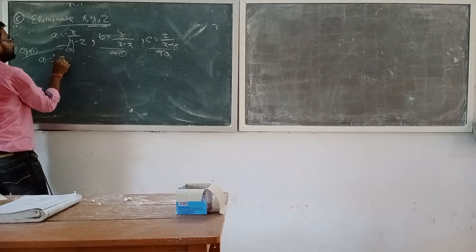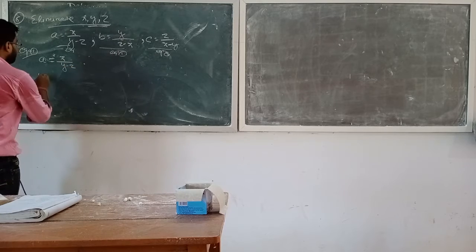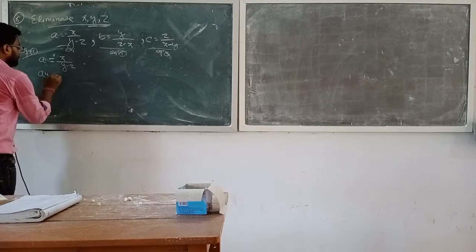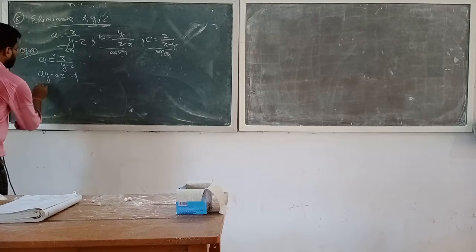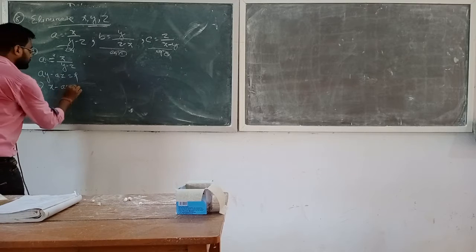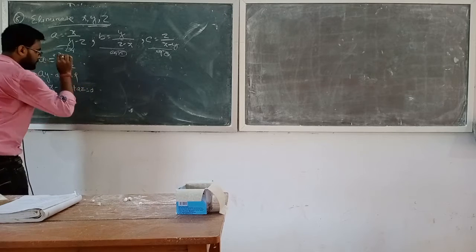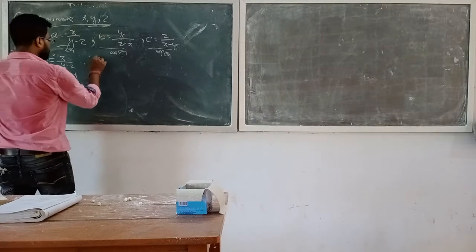a equals x by y minus z. So this will be ay minus az equals x. So that x minus ay plus az equals 0. Yes or no? Again, from equation 2,